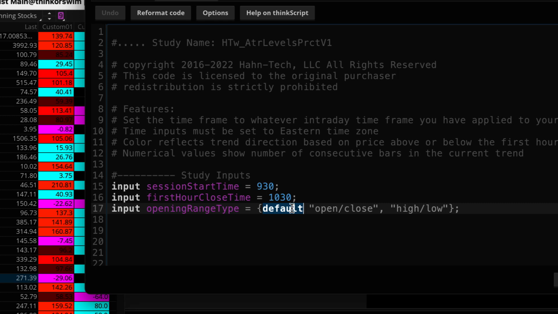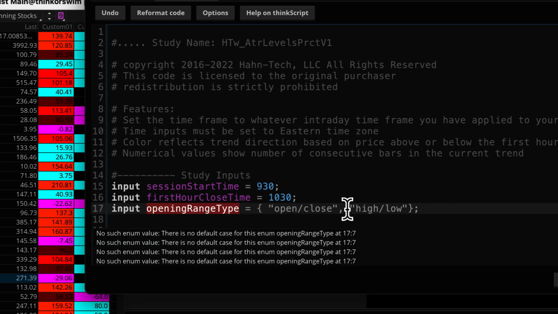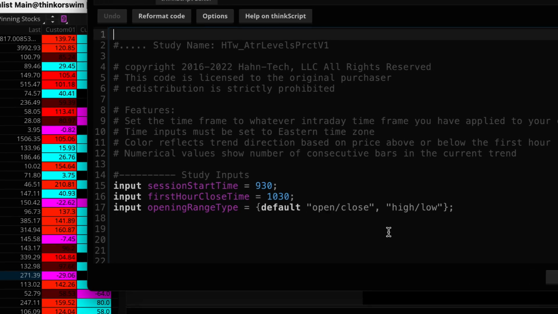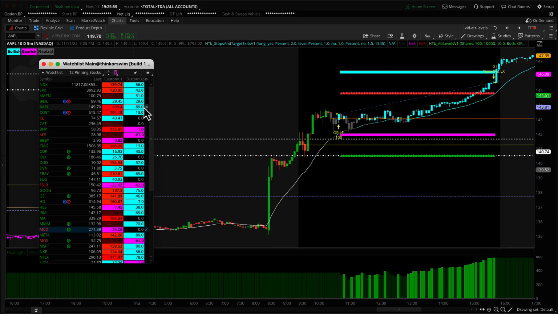I'm going to use a keyboard shortcut, Control X for cut, and you get an error message. Don't panic. And then I'll use Control V for paste. I want to put a space between those two, and there you have it. Okay, open and close has now been changed to high low. That is now the active option for this setting. So that's how you change this setting, but I'll go ahead and change it back to default,